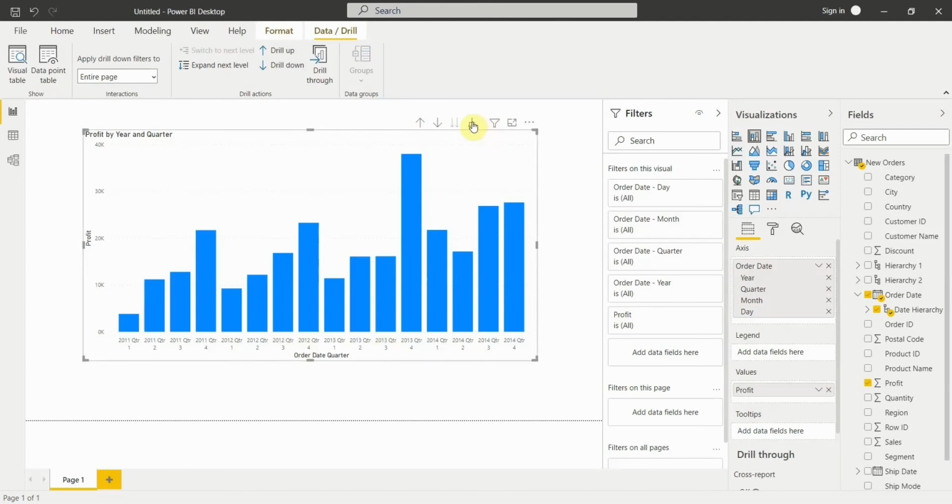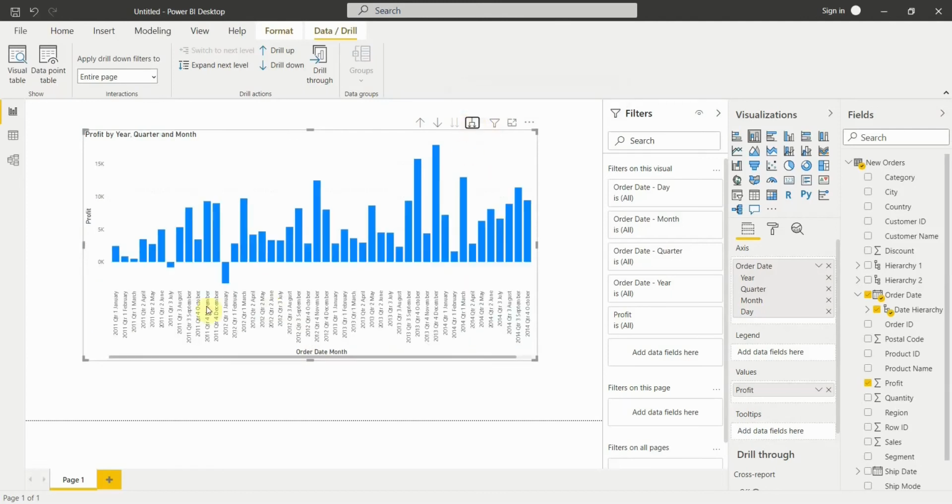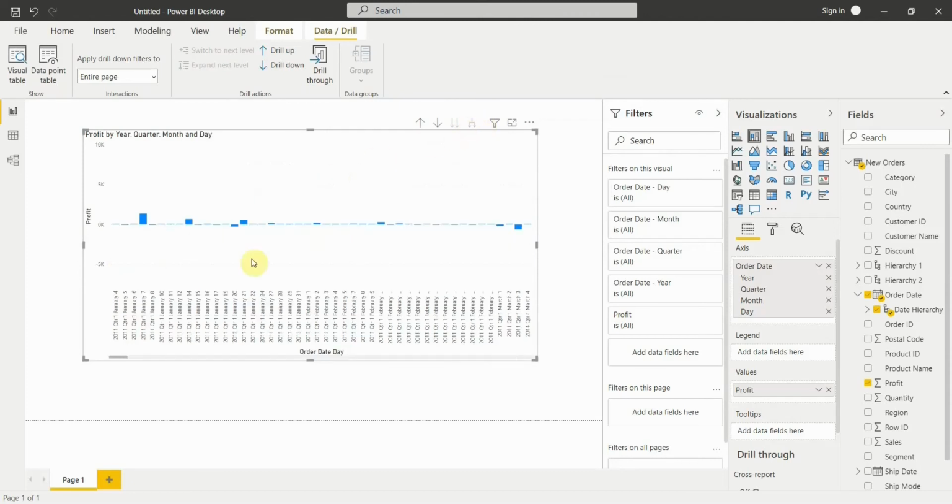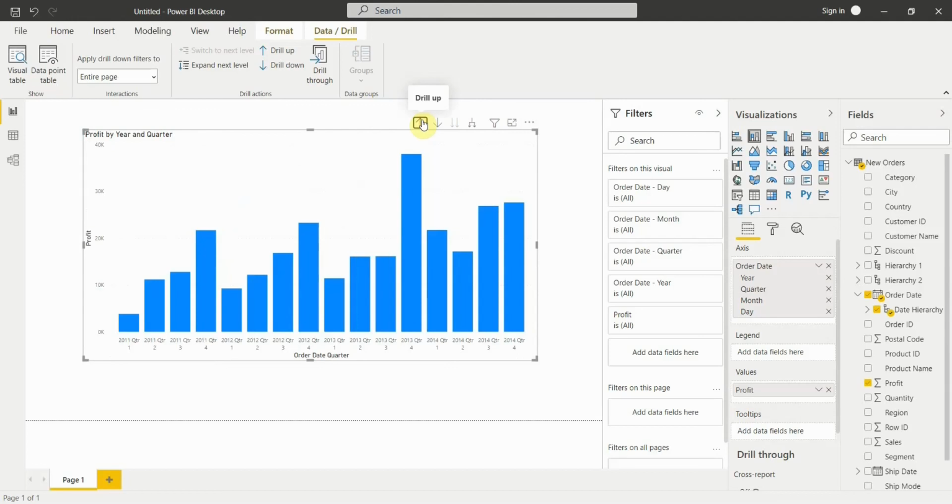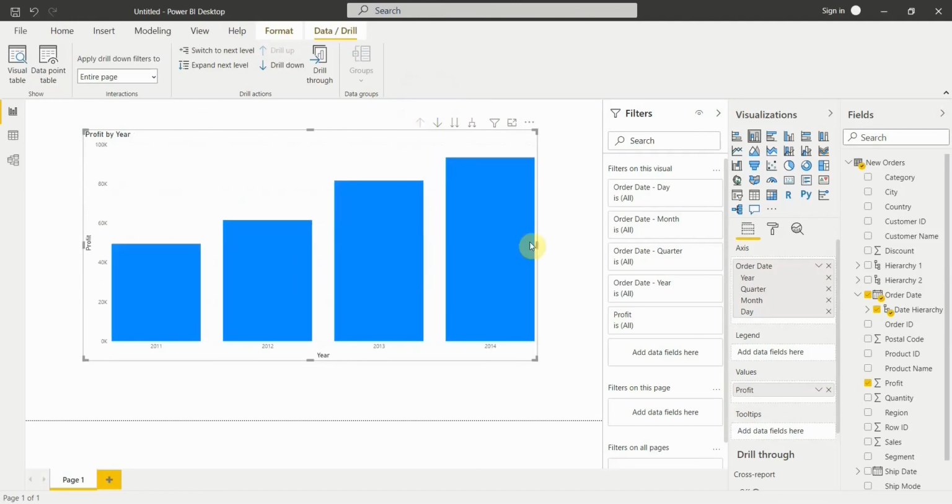If I drill down further, it will say that in 2011 quarter 1 January, this was the profit. If I drill down further, it will take me to a date-level drill down. This is how you can work with the time intelligence features in Power BI.